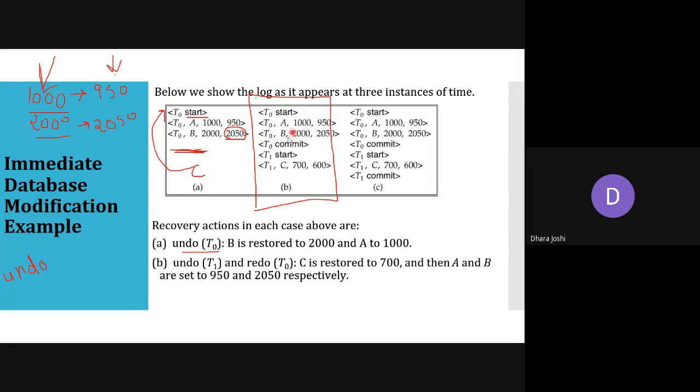Okay, so undo the transaction T1 because we are not having commit instruction here, but redo the transaction T0 क्योंकि ट्रांजैक्शन T0 खत्म हो गया था, पर उसको अभी हमने डेटाबेस में रिफ्लेक्ट किया, उसके पहले ही यहाँ पे एरर आ गई. So C is restored to 700 and A and B are having the new value because they have already completed and we are having the proper value. So A and B are having the new value because it is committed, and again, if we are from starting, we are again performing the T0 transaction. So we are having this updated value, which is 950 and 2050.